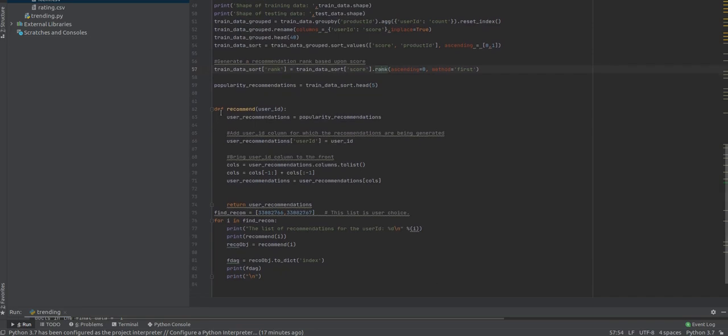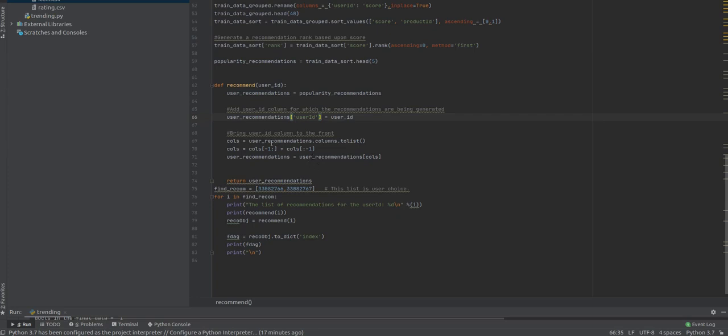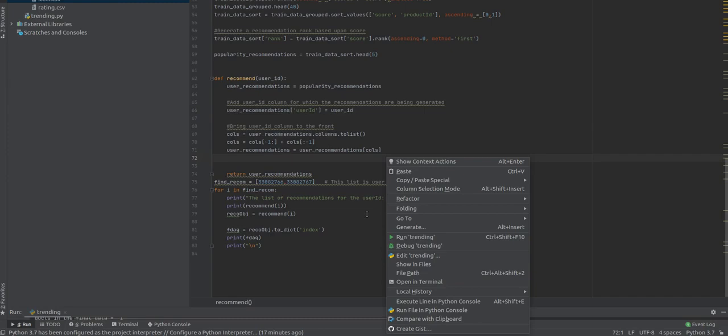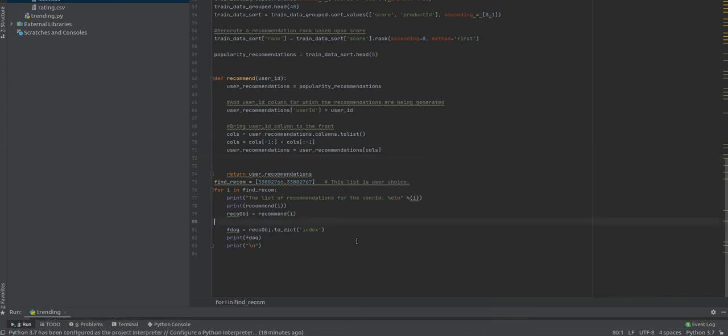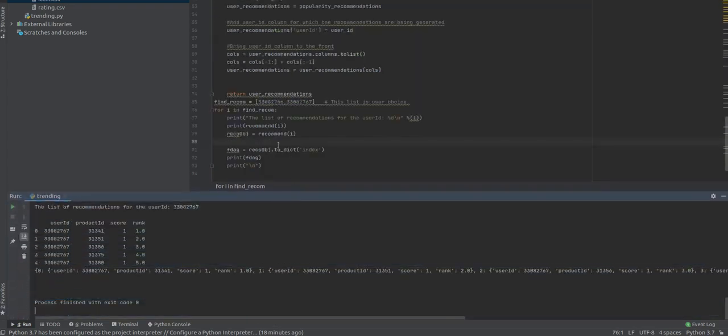This is a recommend method in which we use popularity recommendations, and here we can list the columns that are more related to each other. In this part we calculate the Euclidean distance between users to find out how user A relates to user B.